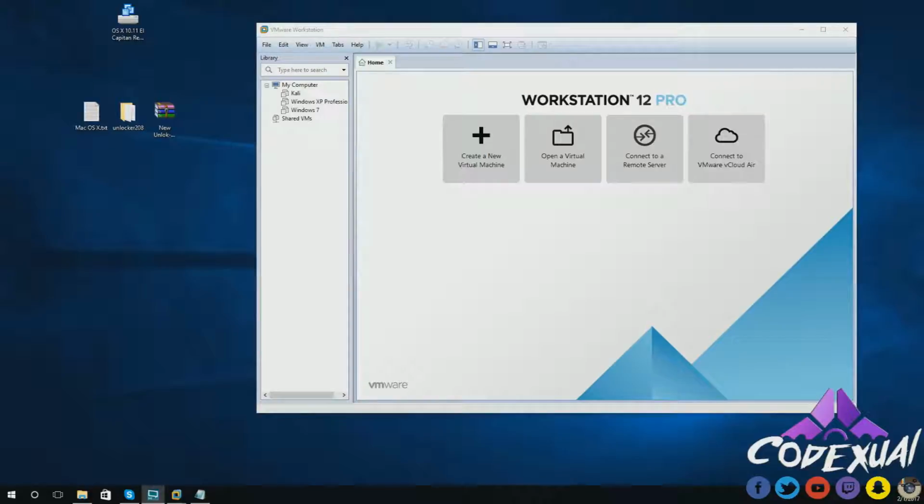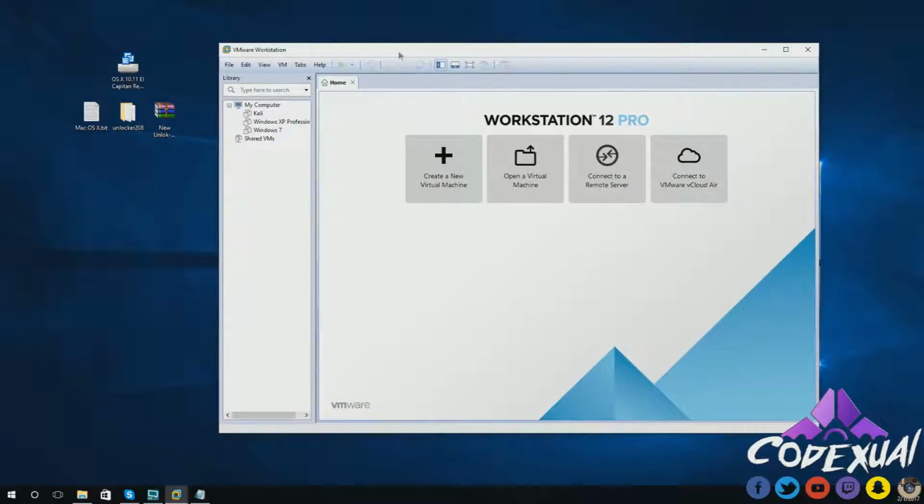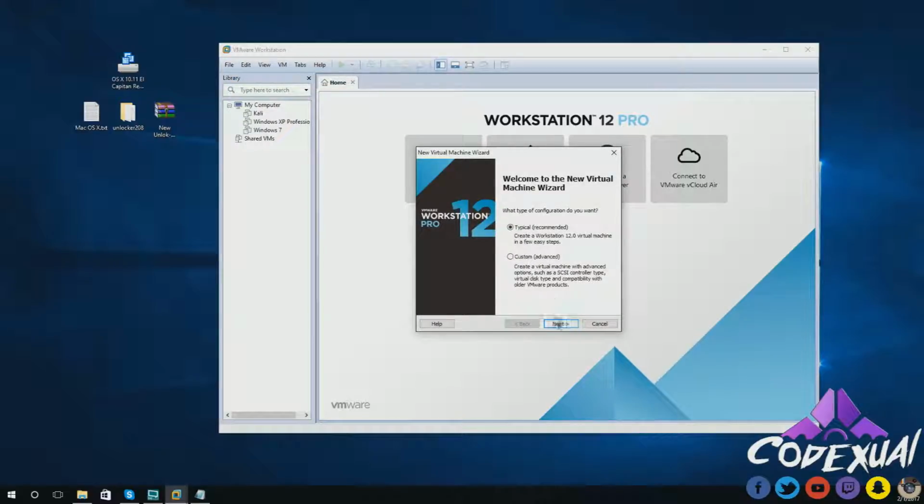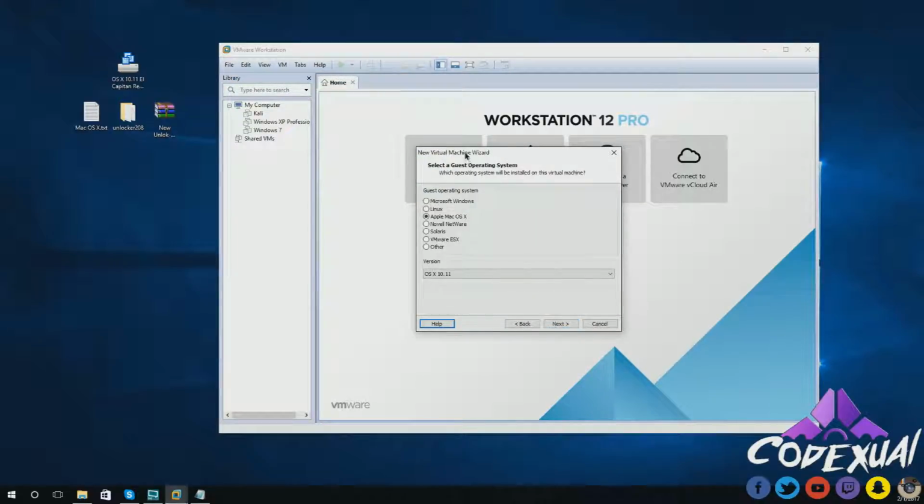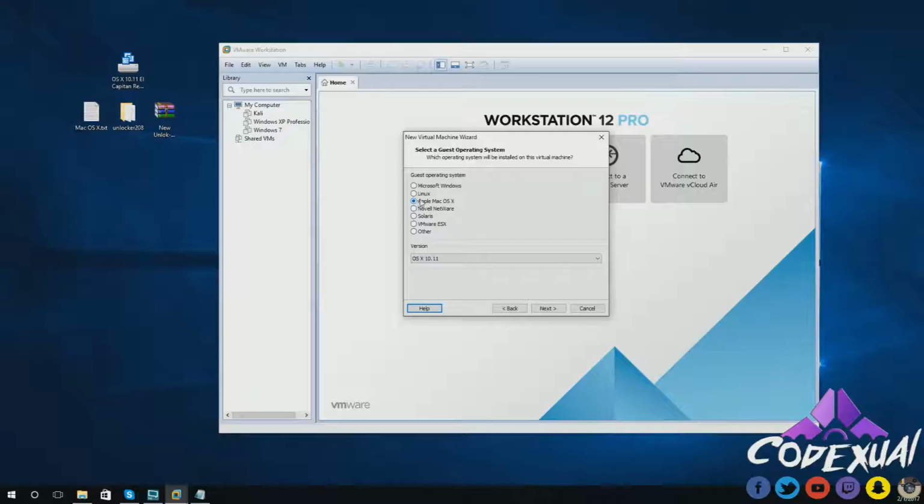So I'm going to be showing you how to install Mac OS X 10.11 El Capitan. I have my VMware open. You might have VMware Player or VMware Workstation, but either one works. I'm going to show you something really quickly before we even begin. As you normally try to install the Apple Mac OS, you will not see that